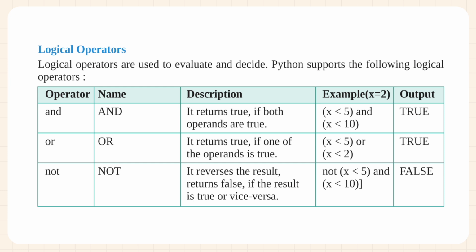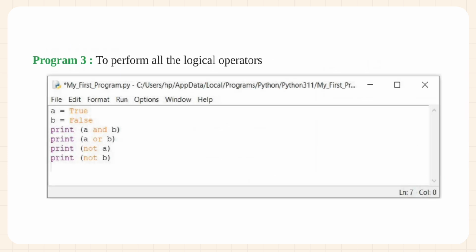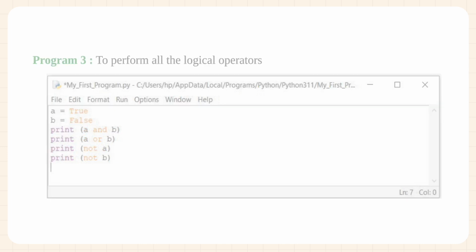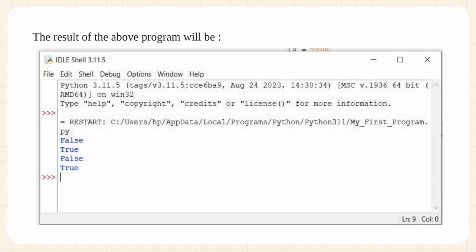It returns true if one of the operands is true. x < 5 or x < 2, true. Not. It reverses the result, returns false if the result is true or vice versa. not(x < 5 and x < 10), false. Program 3. To perform all the logical operators. The result of the above program will be